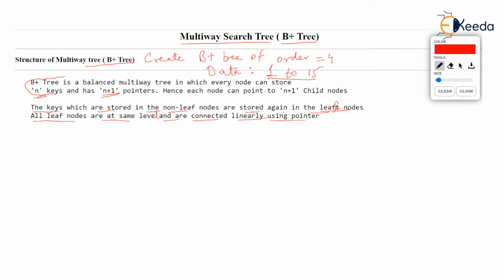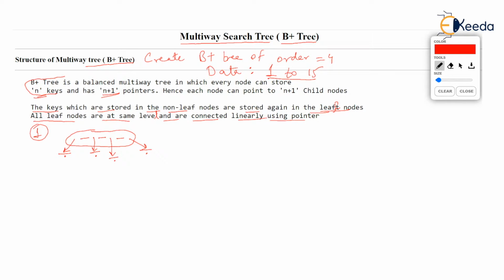Now the order is 4 means every node will have 4 pointers, because every node can point to 4 children maximum. So if every node has 4 pointers, then every node can store 3 keys. Yes, n keys, so n plus 1 pointers. So let's see what is the first step. We will be creating a node big enough to store 3 keys, and there will be 4 pointers. Now every key has left and right pointer, isn't it? And all these pointers currently will be null, because the node which I am drawing does not have any child nodes at the moment. So it's a leaf.